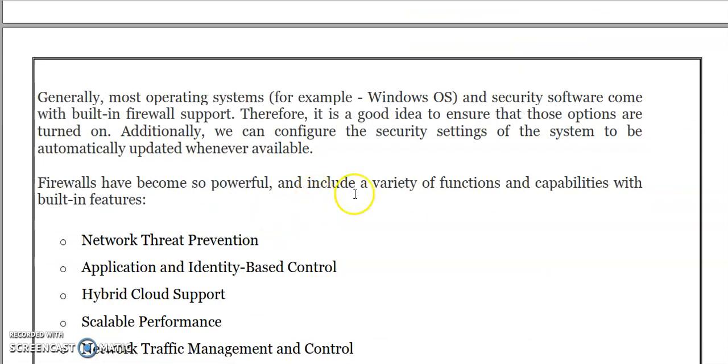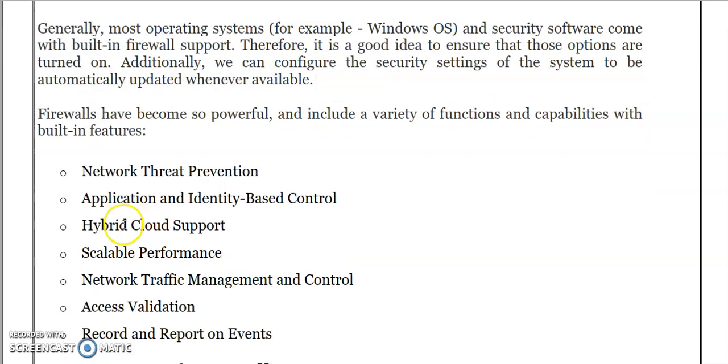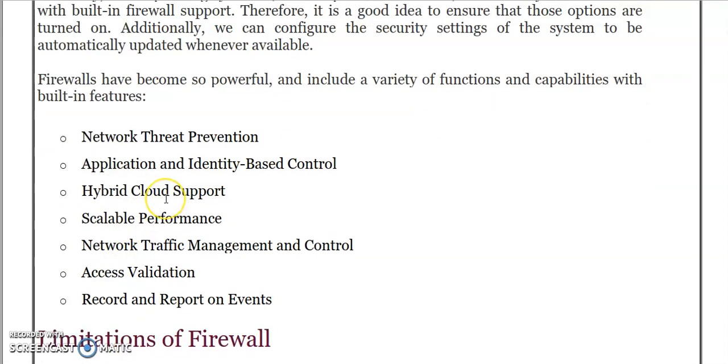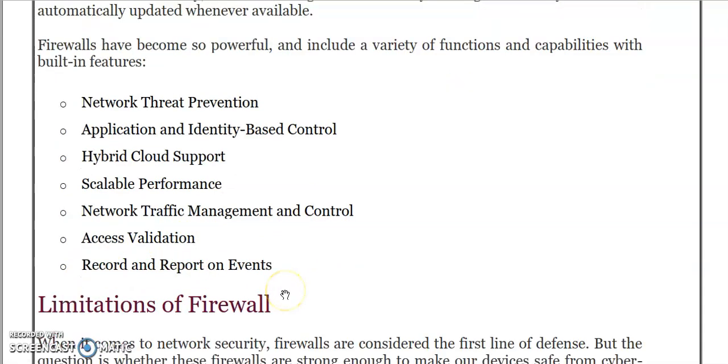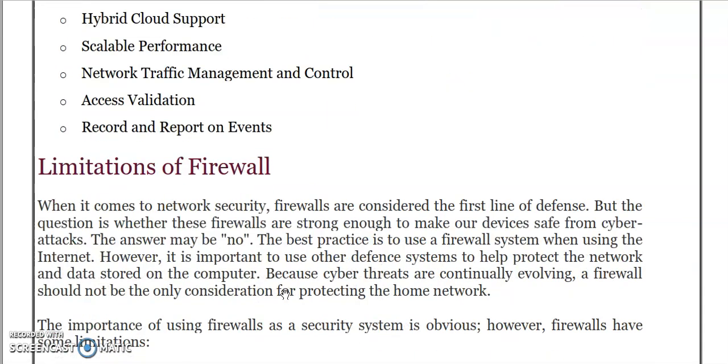Additionally, we can configure the security settings of a system to be automatically updated whenever available. Firewalls have become so powerful and include a variety of built-in features. So these are the built-in features of a firewall: network threat prevention, application and identity based control, hybrid cloud support, scalable performance, network traffic management and control, access validation, record and reports on events. So whenever any incident happens, it is recording everything and lets the administrator know what is going